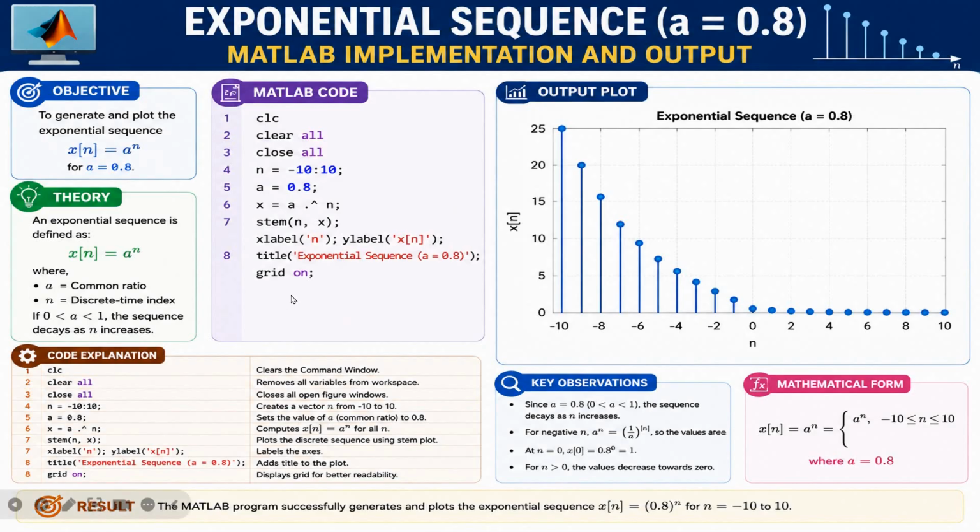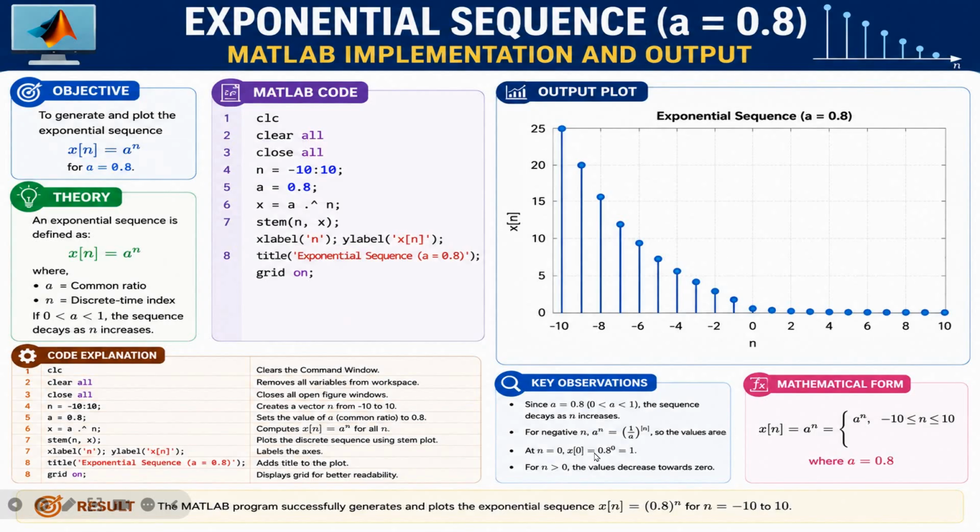Then you have grid on here. So grid on displays the grid lines. You can see here square boxes, these are the grid lines, to improve the readability. Here again you can see the code explanation, and then you have the key observations for this particular MATLAB code. Here we are taking a is equal to 0.8, therefore the sequence decays as the value of n increases,